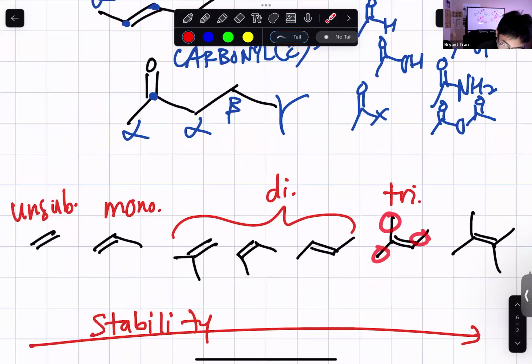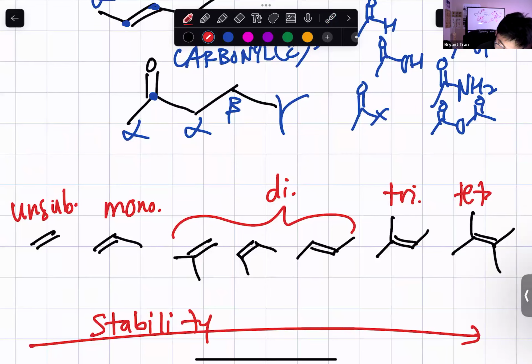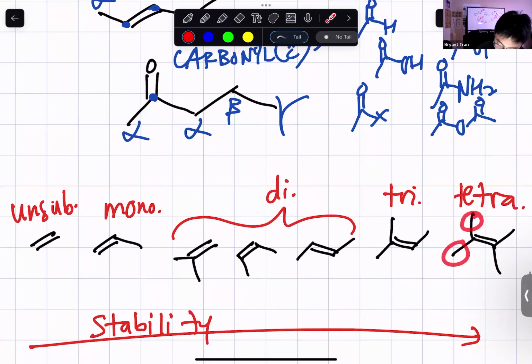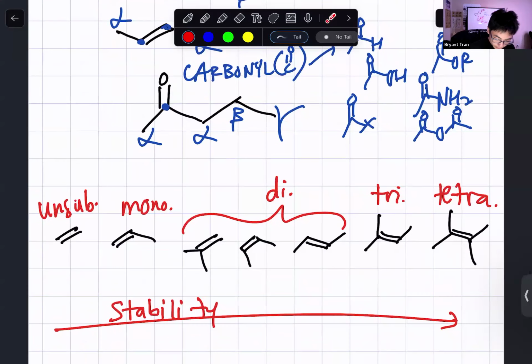And then the most stable alkene is a tetra-substituted alkene because there's four R groups attached to the alkene right there. So the more substituted the alkene is, the more stable it's going to be, like a carbocation. The more substituted the carbocation is, the more stable it's going to be. So if we think of this in terms of the stability arrows, these are going to be the arrows here,